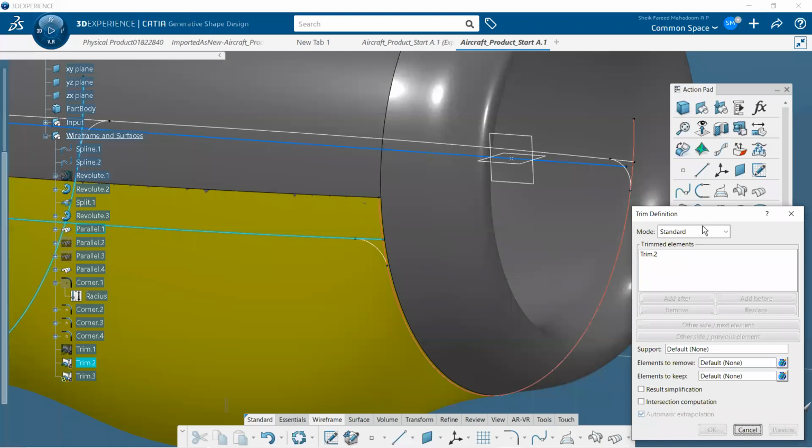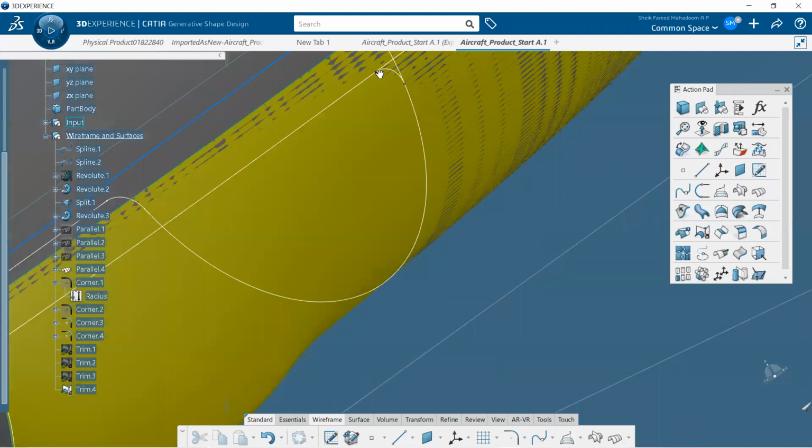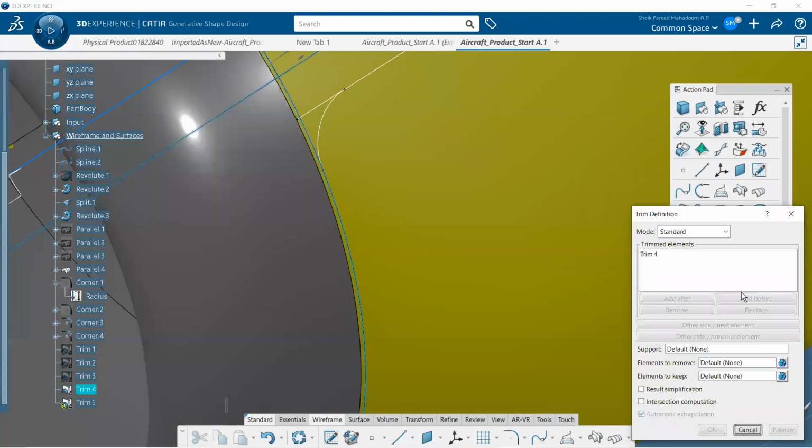So what I'm going to do is select the trim option, select this side and select this curve. I don't need the excess curve. Then click OK.